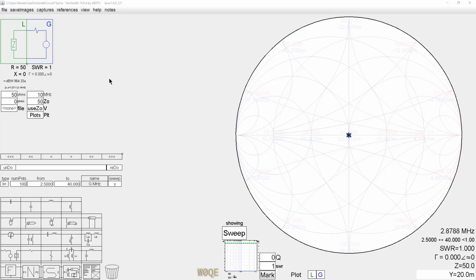This is the 13th video in the SimSmith Basics series, and I intend for it to be the last video unless there are new features in SimSmith in the future that fit into the Basics category. Today I want to talk about several topics which are probably familiar to most people in amateur radio. Let's start with a very simple one, and that is,